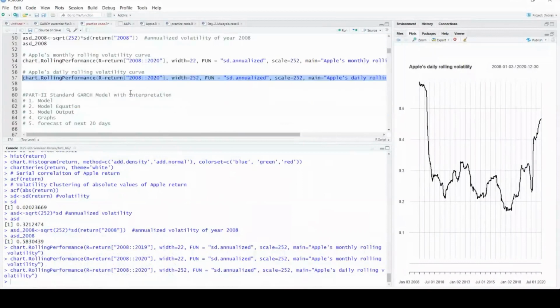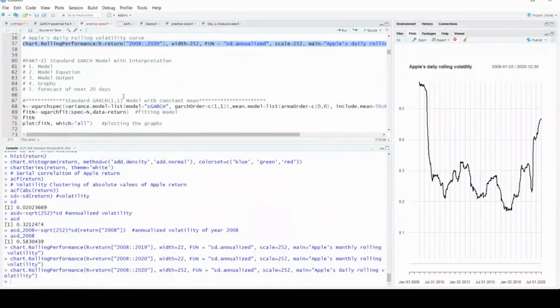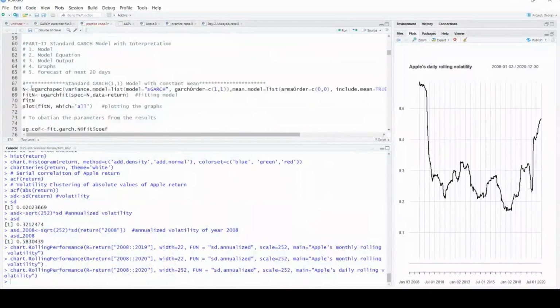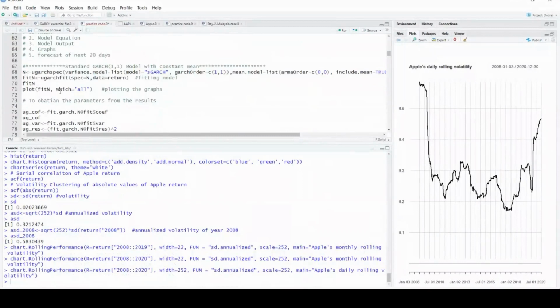For the univariate GARCH model, you have the library which is called rugarch, and then you will make the specifications for the GARCH model. So the GARCH model basically has three sets of equations. The first set of equations is about the mean model, which is the mean equation. The second equation is called the variance equation, and in the model we write variance model. And the third one is the distribution.